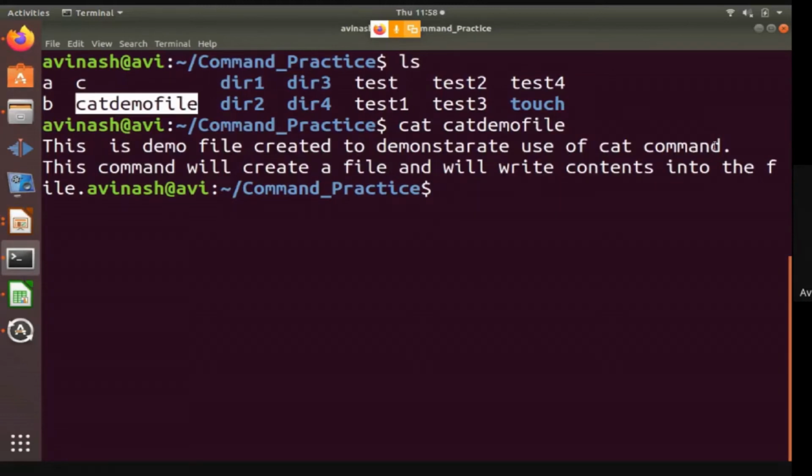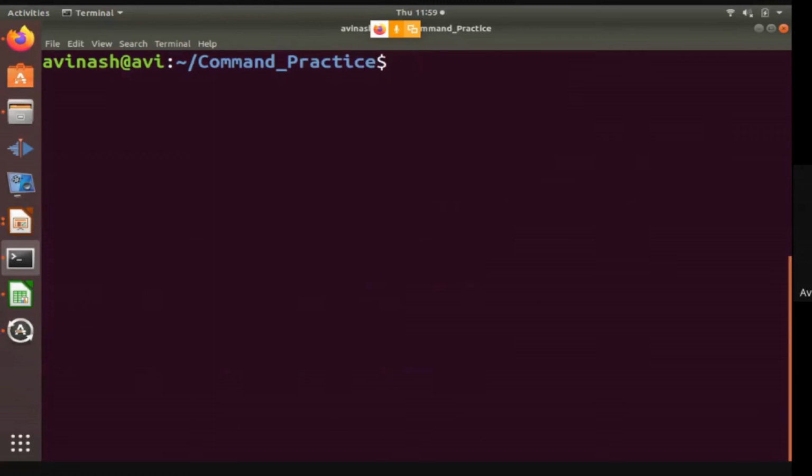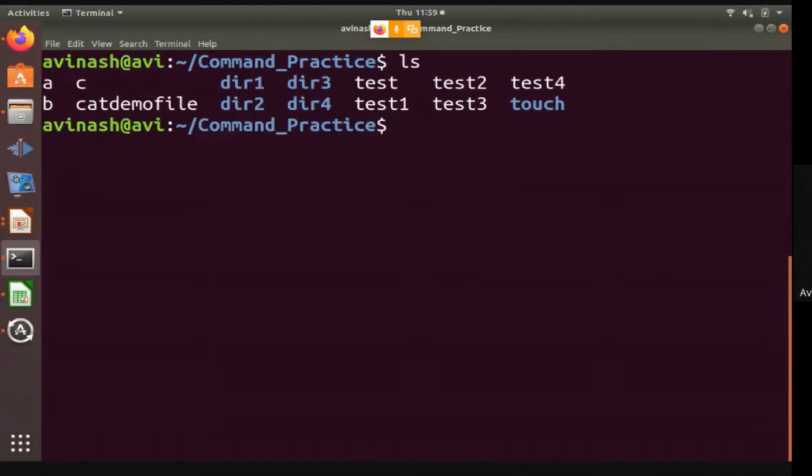So this is a demo file created to demonstrate use of cat command. This command will create a file and will write contents into the file. So this was the output. Okay, so two purposes we have studied using the cat command. First purpose was creating a file. Second purpose, displaying a file.